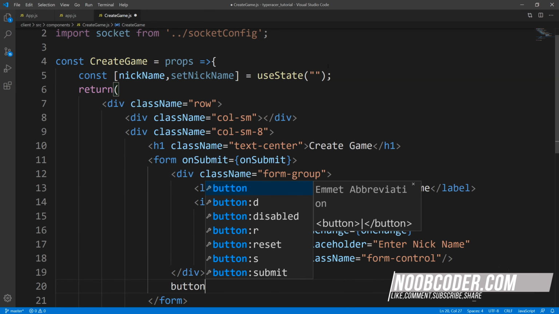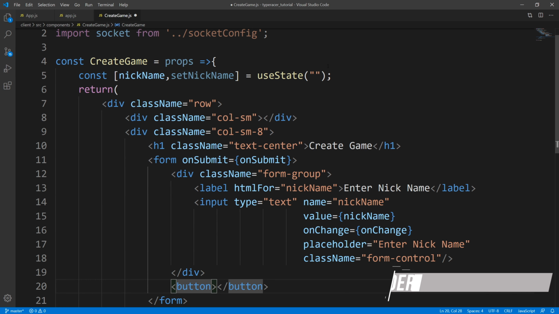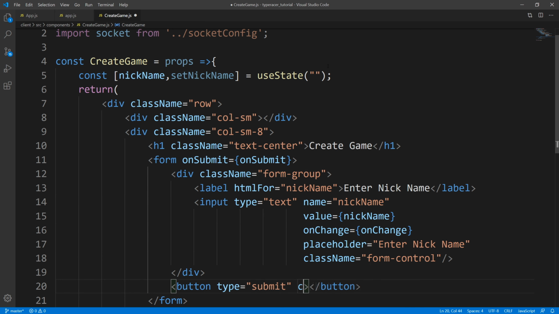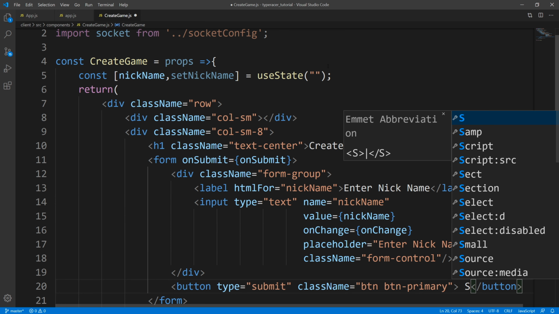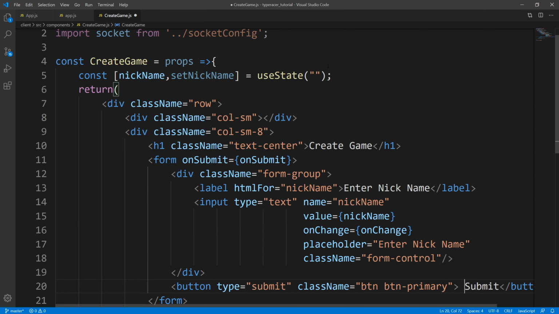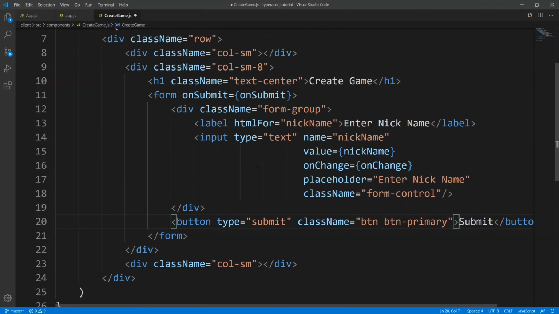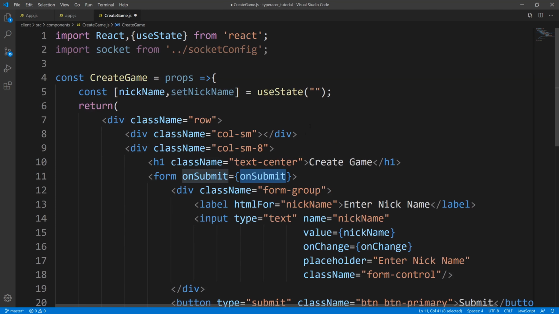Next, we need a button. And we're going to make this of type submit. And we will style this button. So we're just going to make this a primary button. Okay, and we'll give it a text of submit. Let's get rid of that space. Okay, so this is good. We're going to have to define our onChange, and we're going to have to define our onSubmit. Okay, so let's come up here